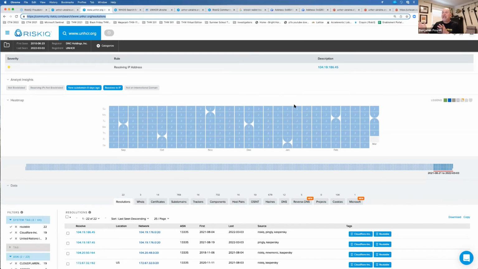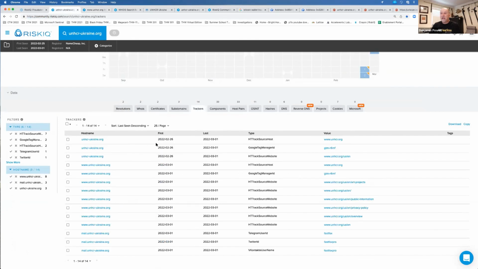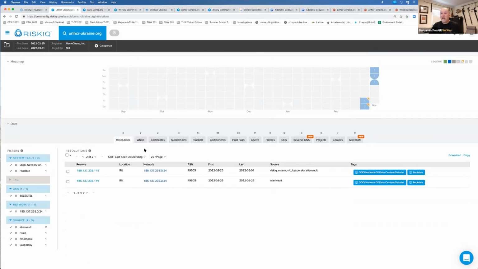I have data going back many, many years, and over the last 6 months, which is what these squares represent, I have consistent data. There are no outages. All these are in the US. The other one was located in Russia. Huh. So this is being hosted in Russia.